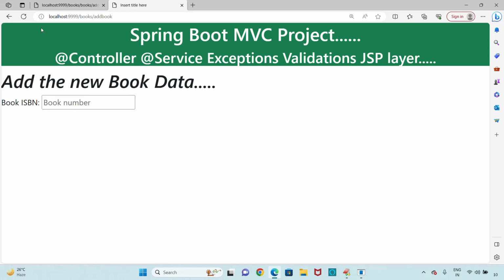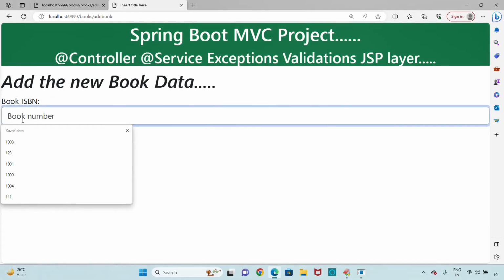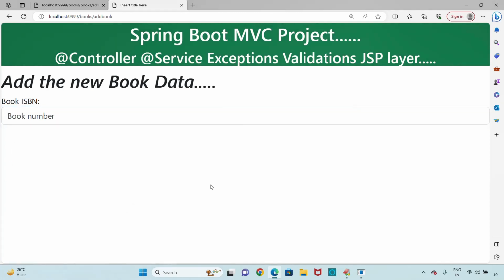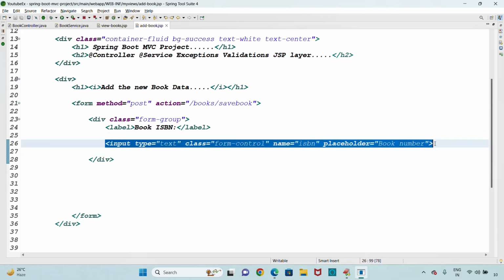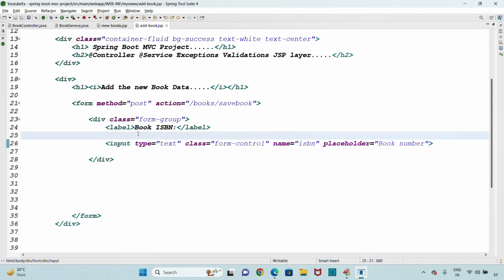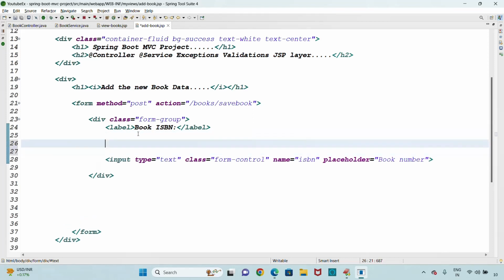Just refresh, yeah. I want a book symbol here, actually. The symbol is very nice, right? I want the book symbol. Guys, to make the book symbol, you got the point, right? This is the text box now. In this text box, I want the book symbol. If I want the book symbol in the text box, what I should do is